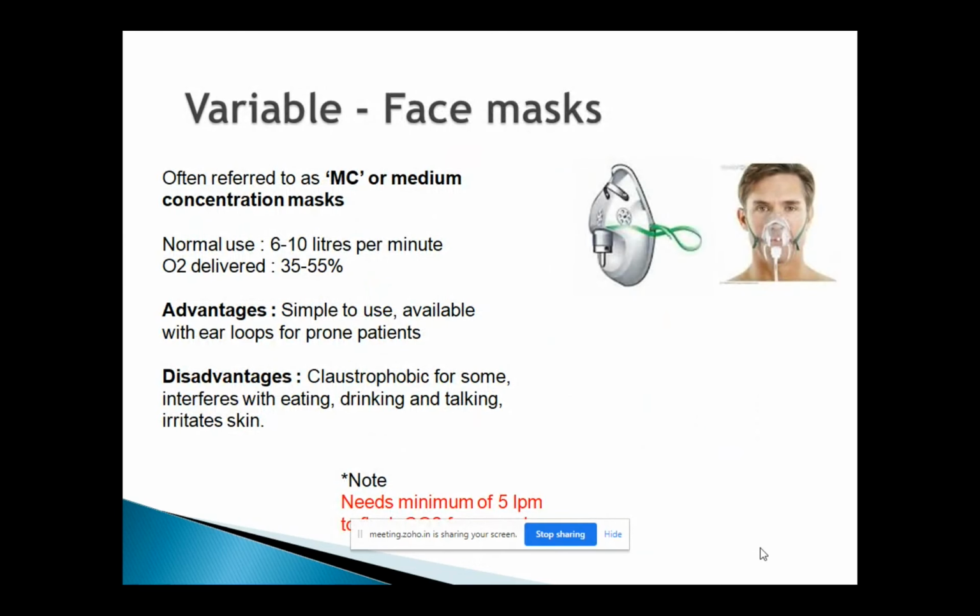This device, a very common mistake I've seen is patients will be put on 1 liter, 2 liters, 3 liters. But we know now this particular device is designed so you need a minimum of 5 or above liters of oxygen to stop the CO2 rebreathing. If you give only 2 liters or 3 liters of oxygen through this mask, patients are likely to breathe in what they are breathing out, and then they can develop CO2 retention.